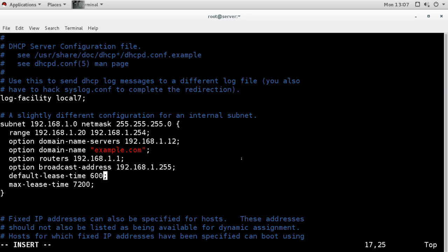For example, if suppose after 600 seconds your host needs to get the IP address from DHCP server. Now in case at that time if the server is not available, maybe the network is down, or maybe the server is not working, or it is not running. So what will the host do after the lease time, if the host tries to connect to the DHCP server and the server is not there? Now in case if it is a Windows client, then what does the Windows client do? They will use APIPA address.